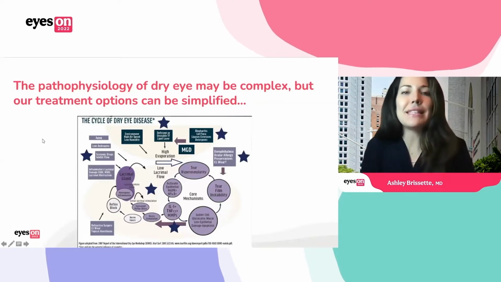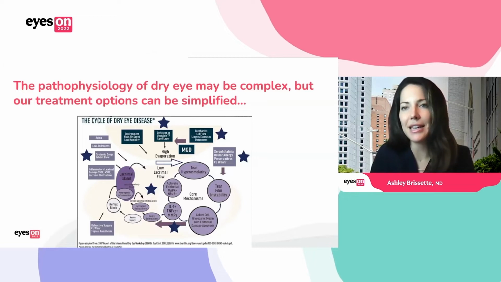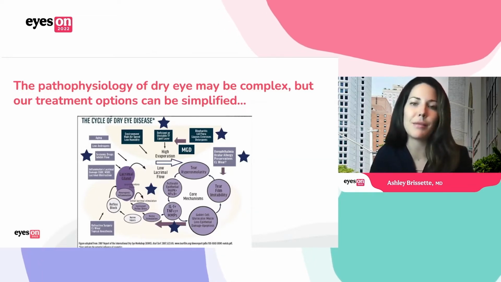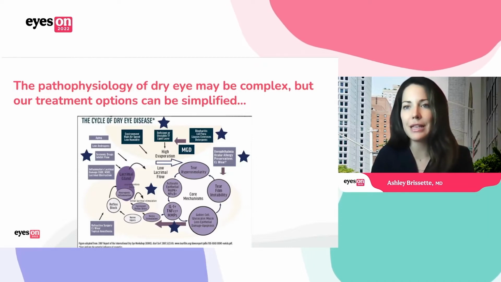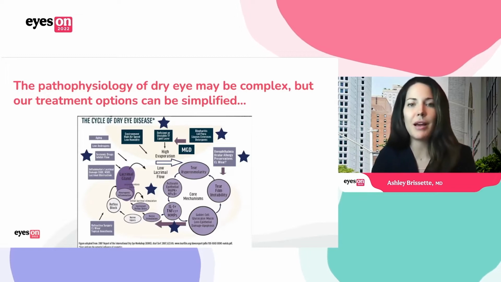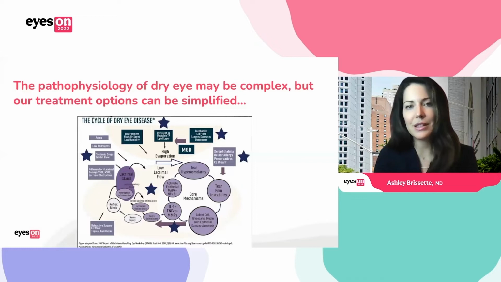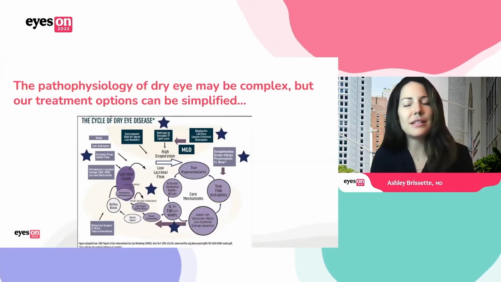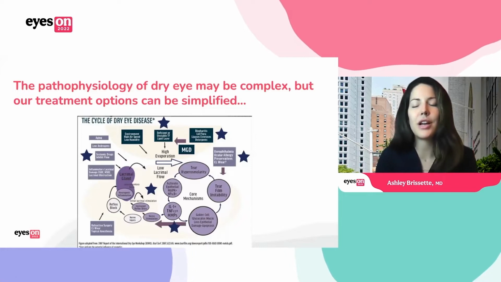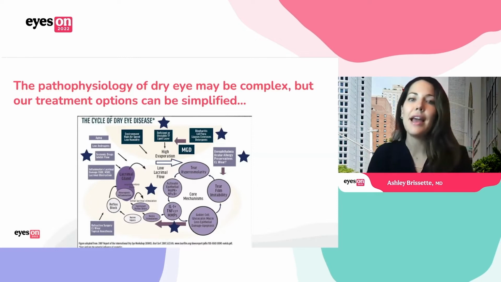So basically, dry eye disease can be really complicated, and our understanding of it is continuing to progress. There's multiple studies that have been published over the past number of years, really looking at the pathophysiology behind dry eye disease. And the pathophysiology itself, as I mentioned, can be complex. Just looking at this graph here, starting to think about things like ocular surface inflammation, the effect of the meibomian glands on the ocular surface. So this can seem like a really daunting task to really try and understand ocular surface disease, and specifically dry eye disease, and how to treat it.